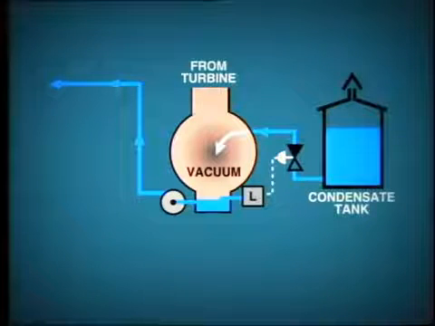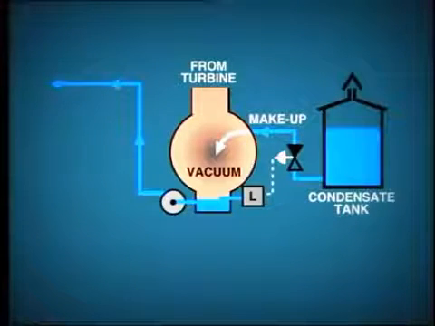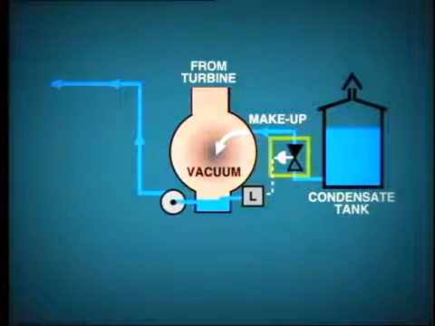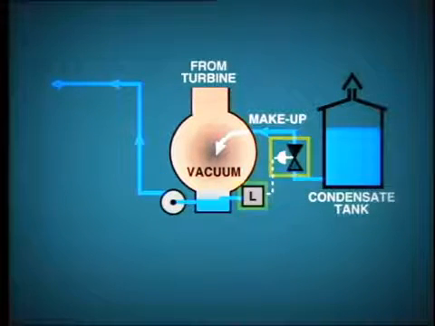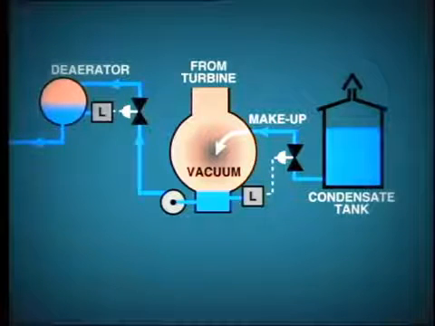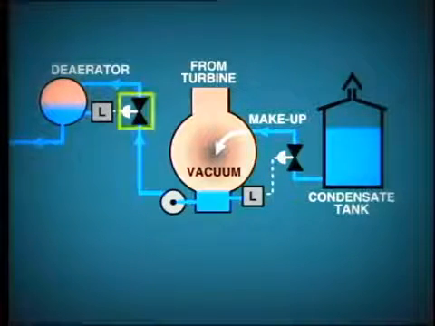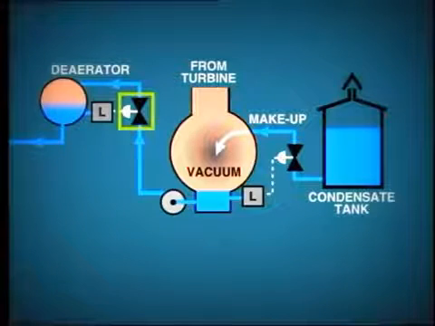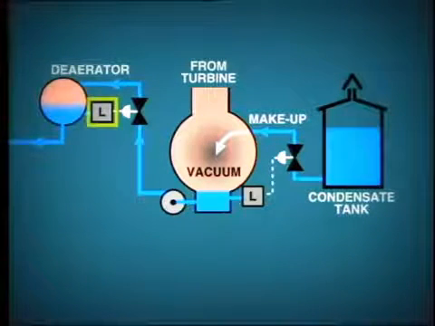In fact, how is the level of condensate controlled in the condenser hot well? Also, how is the level of condensate controlled in the de-aerator? This simplified diagram shows how these objectives are achieved. Makeup water from the condensate tank is drawn directly into the condenser through this modulating control valve, which in turn is adjusted according to the level transmitter which is located at the hot well. In a similar manner, the flow of water into the de-aerator is determined by this particular control valve, which is controlled by signals from the level transmitter at the